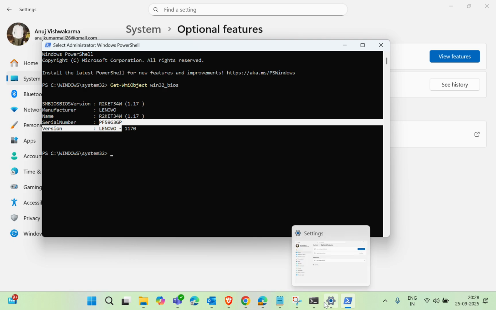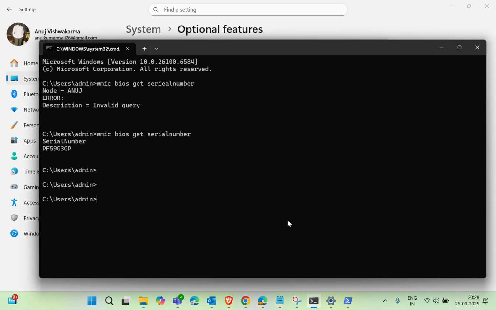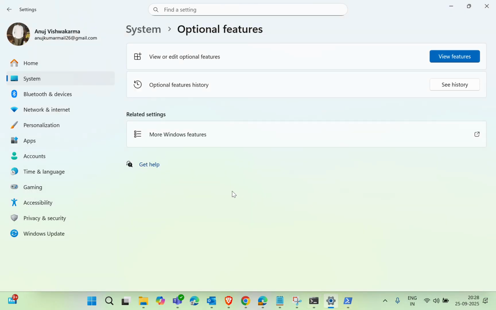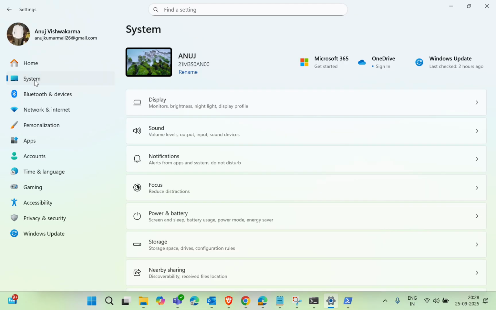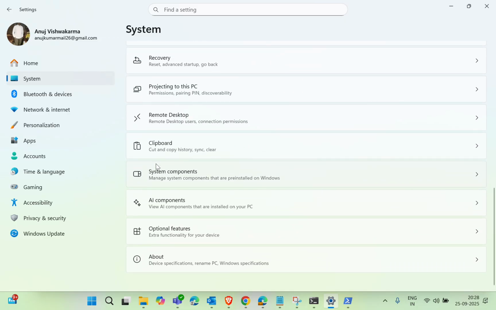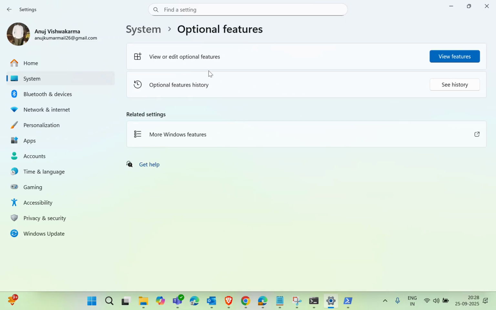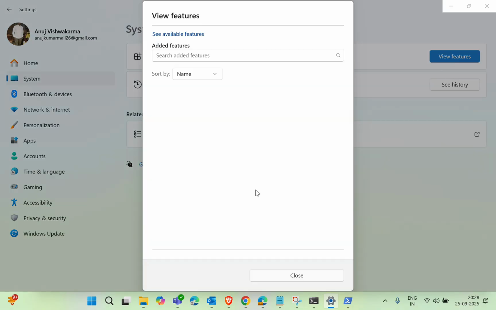So now, if the command line WMIC command does not work, for this WMIC command you can install the utility in the system. Optional features, you can see here. View or edit optional features, and we need to add, searching WMIC. If not added, then you can click here and install